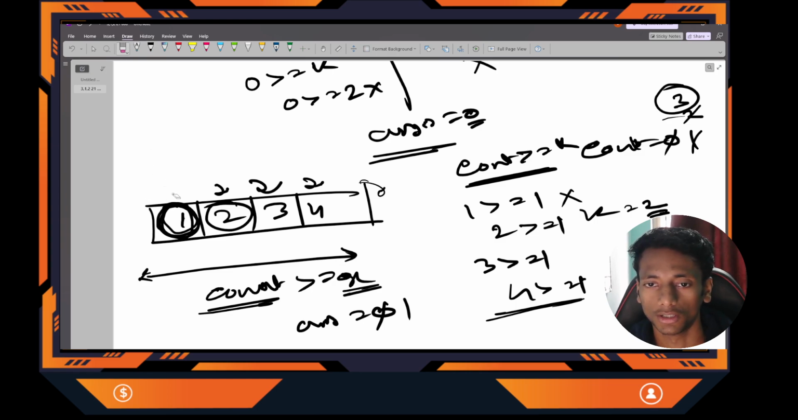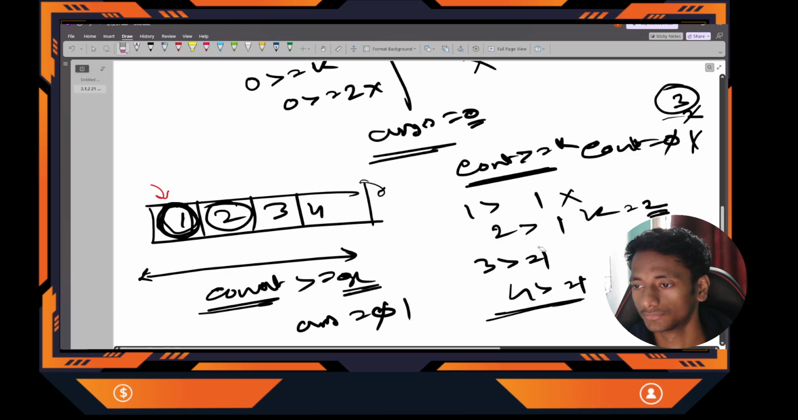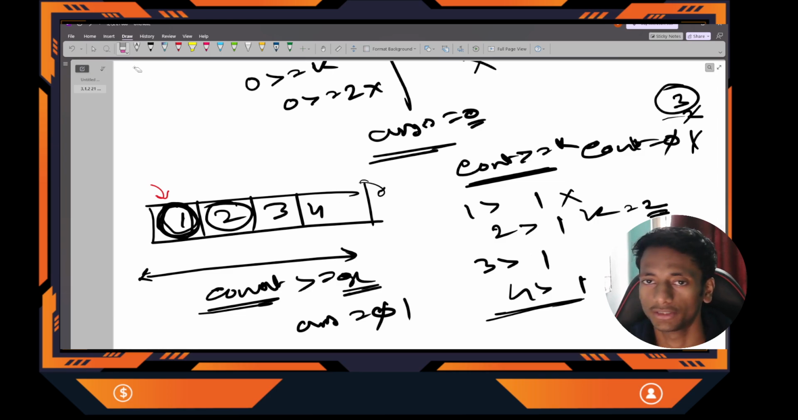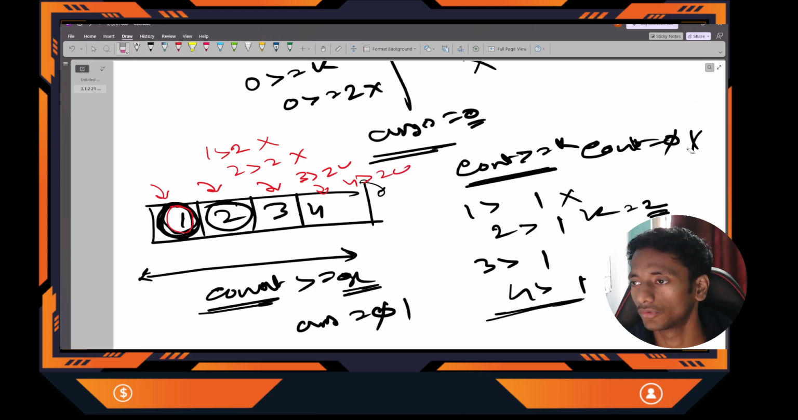Sorry, I will start from 1 and I will check if 1 is strictly greater than 2. Sorry, this should actually be strictly greater than, not greater than or equal to. So first of all, I come to this: is 1 greater than 2? No. Is 2 greater than 2? No. Is 3 greater than 2? Yes. Now is 4 greater than 2? Yes. So that means for this value our count will be ultimately